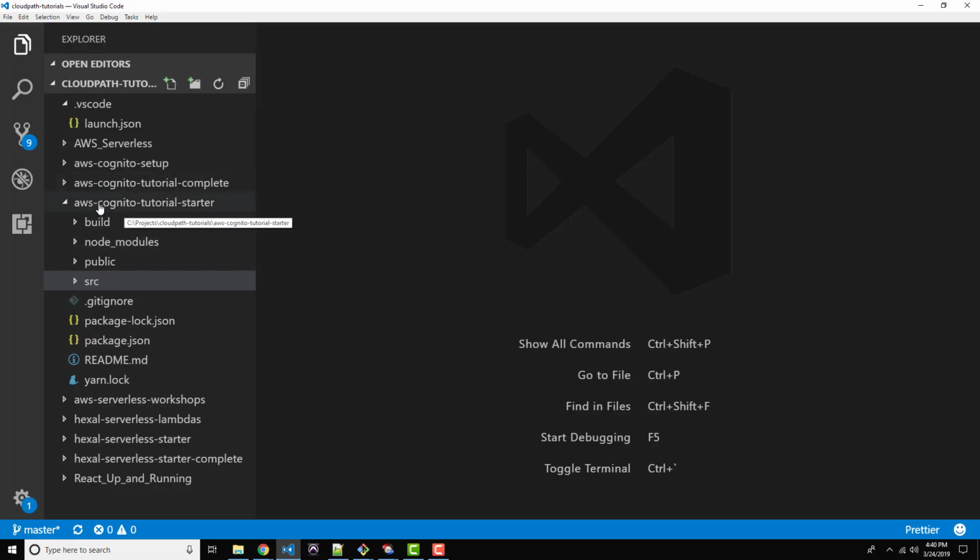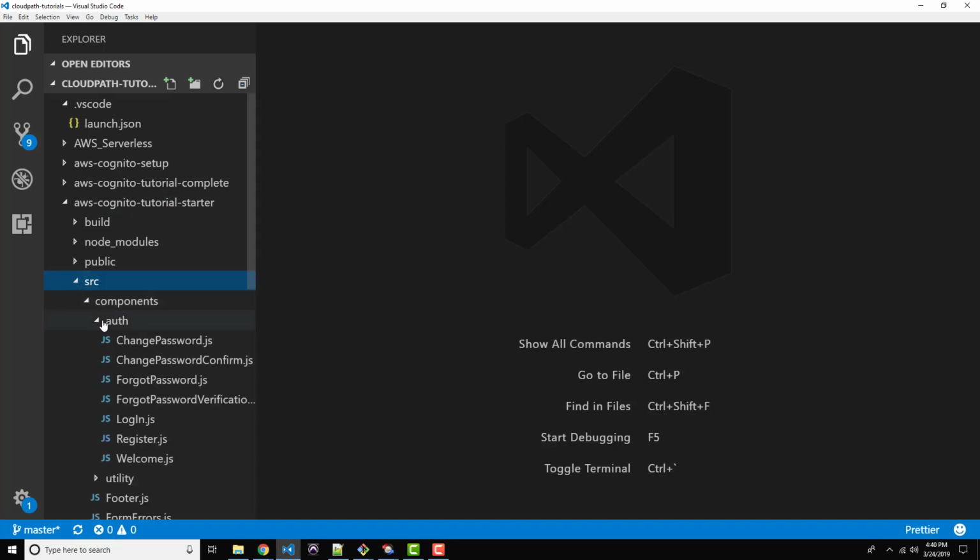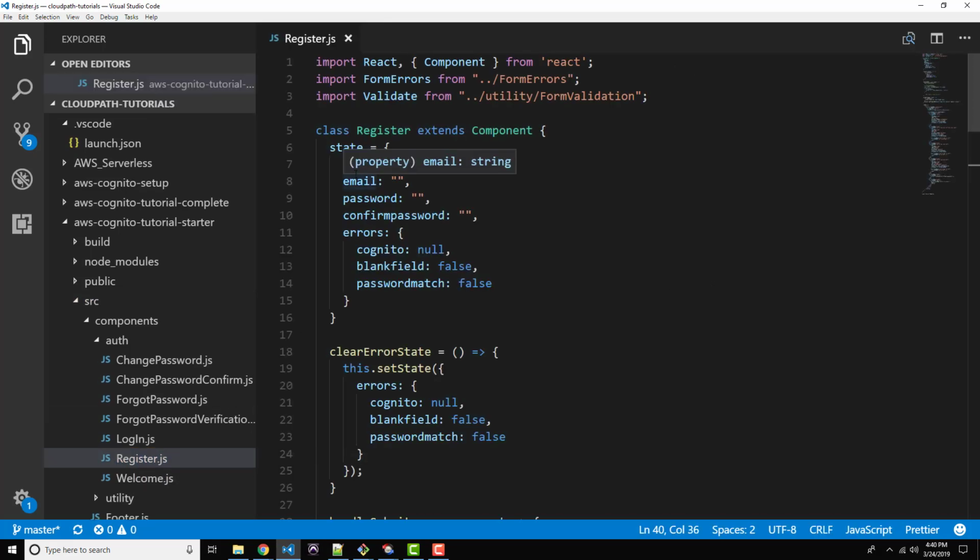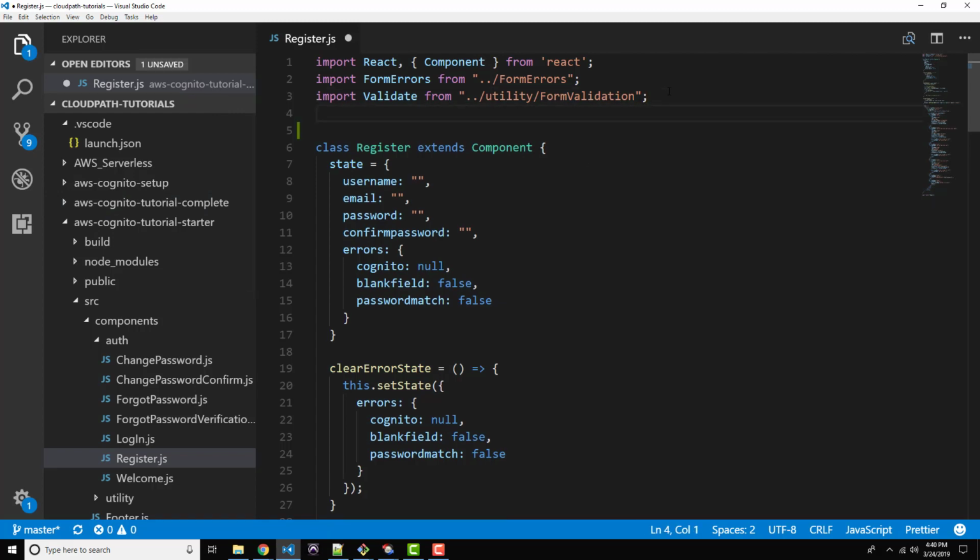Once you find your project, drill into the source folder, components, auth, and then we're looking for register.js. Starting from the top of the file, the first thing we want to do is pull in the auth object from AWS Amplify. This is the object that we'll call methods such as sign up, sign in, log out, things like that. So we can use destructuring syntax to pull in auth